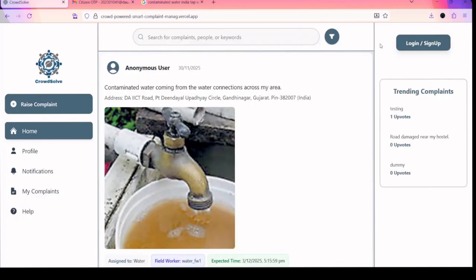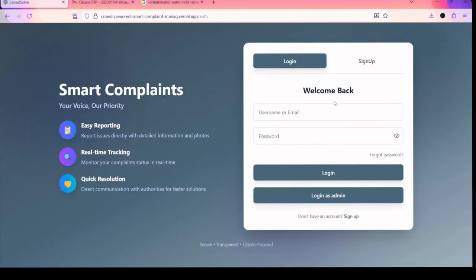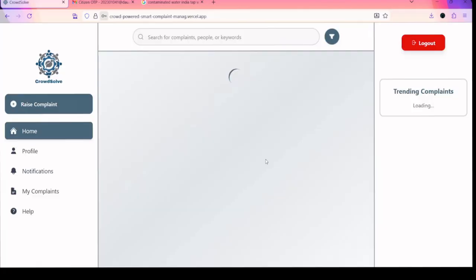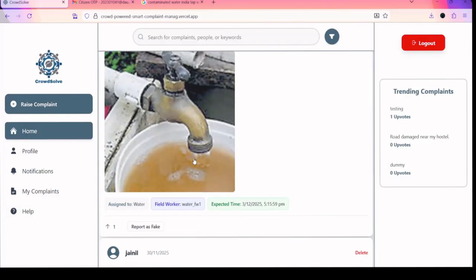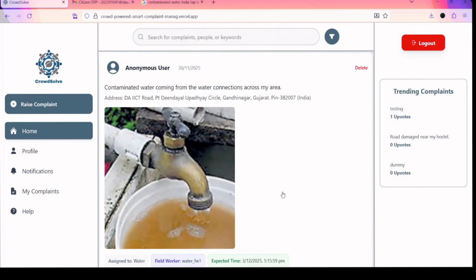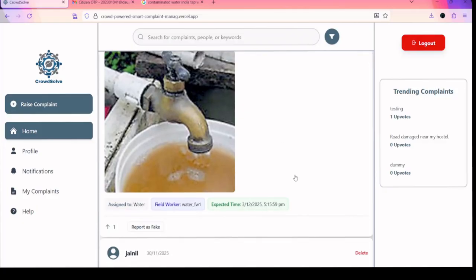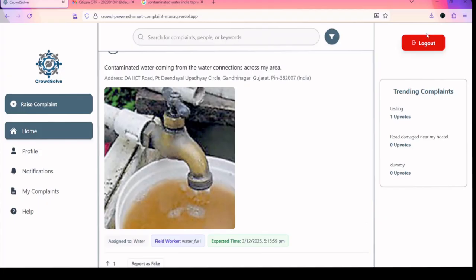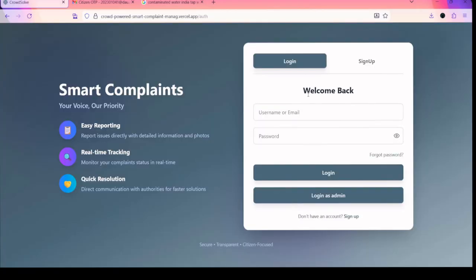Now again, as a citizen, we can track that complaint. So as you can see, we have got the expected time now for our complaint that we had posted on the feed. Now I will show you what happens on the field worker side. As we had assigned the issue to this field worker,